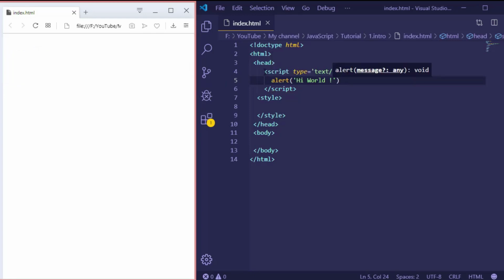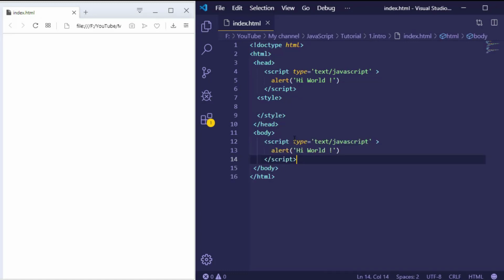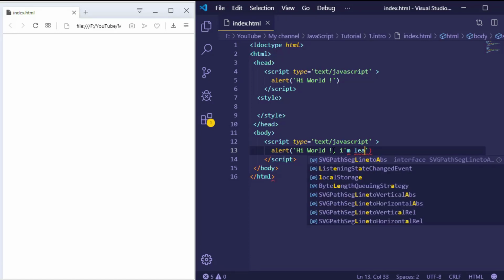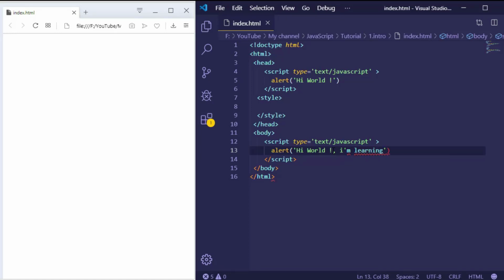Okay, let me type the same code and paste it within the body, but this time let me add another line: I am learning JavaScript.